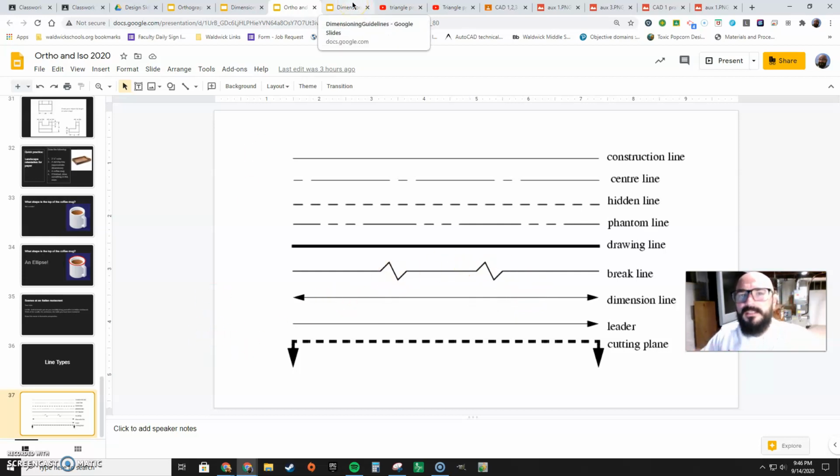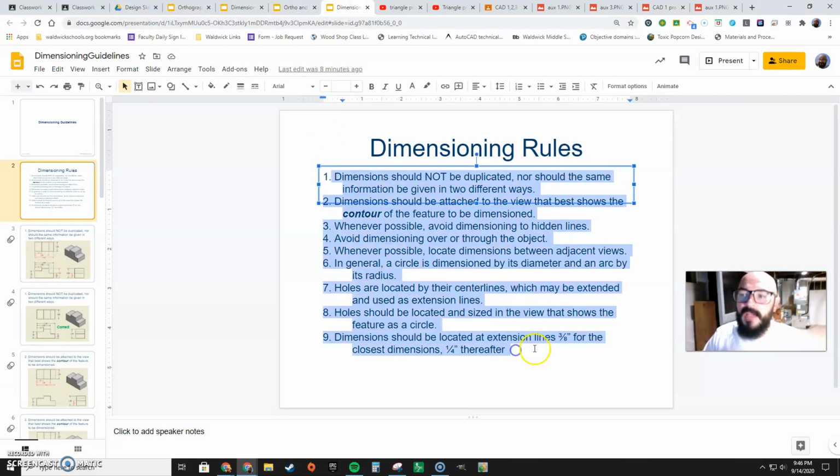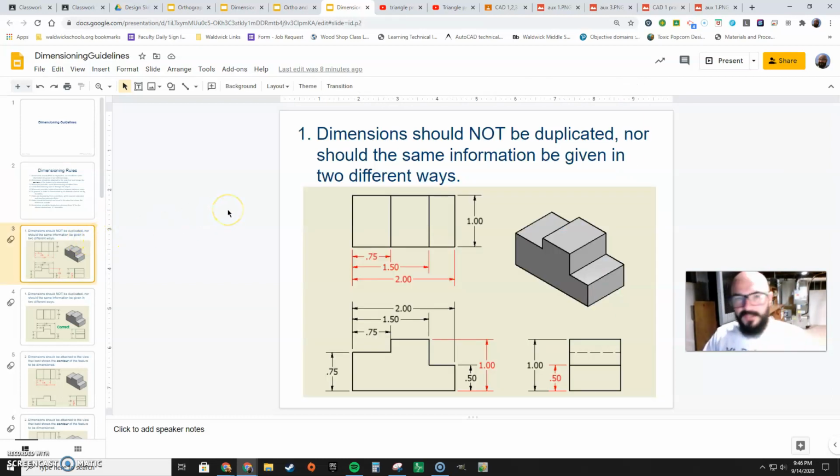I'm going to get into these line types while showing you some dimensioning rules. Okay, you have access to this list, which is basically everything I'm going to go over now. Rule number 1. Dimensions, or measurements, should not be duplicated, nor should the same information be given in two different ways. So, if you look at this practice object that we had, here, it's got a hidden line, but it's